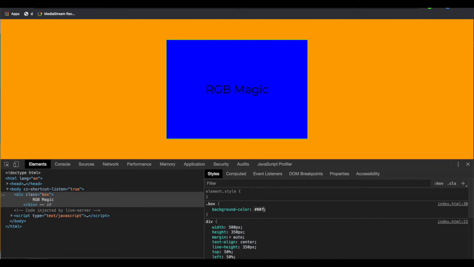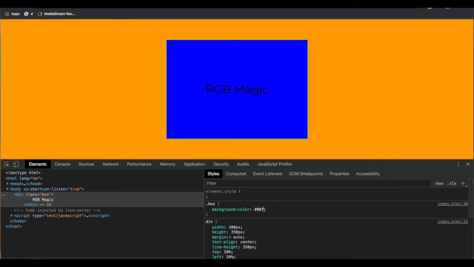Most of the time you must have seen colors coming in 6 digits, and we are writing only 3 digits. So there are some differences. It actually accepts a 6 digit hex color code, but we are writing 3 digits only.